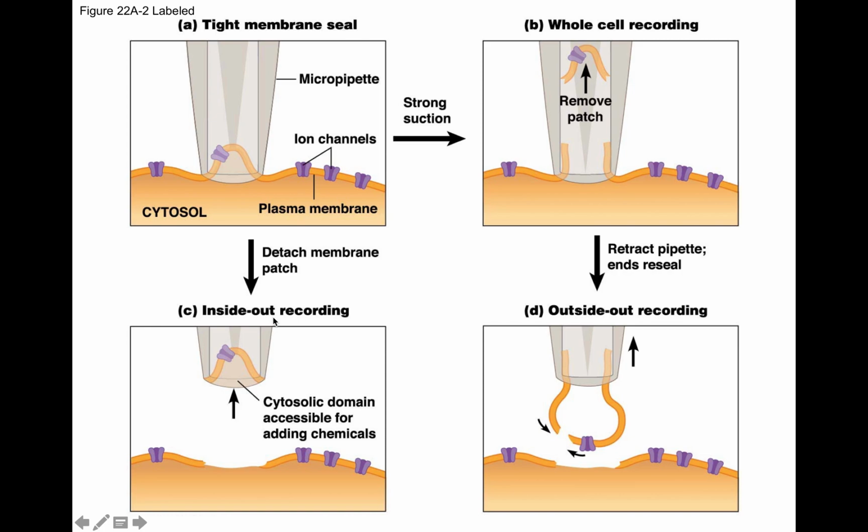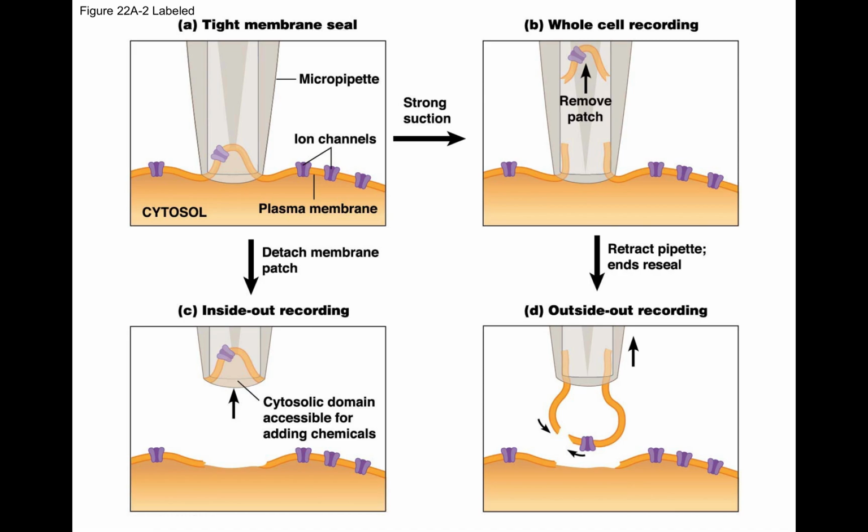You can gently remove it, and so you're no longer in contact with the cell, but instead you can now change the solution on the outside of this channel and on the inside of this channel versus letting the cell do it. And then you can remove your patch, get it stuck to your pipette, and then apply a little pressure so that you're flipping the channel around. If you notice the orientation of this channel here, now it's facing the other way. And then you can apply whatever solution on the inside or the outside of your channel.